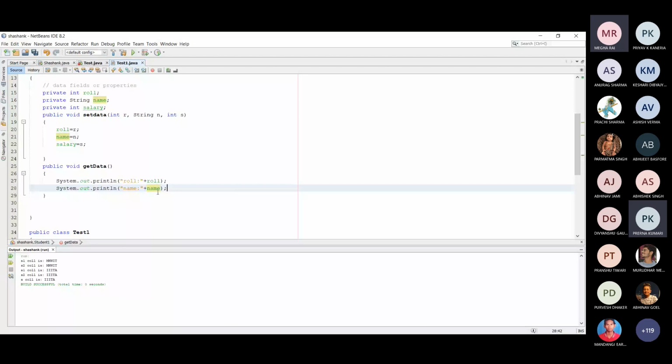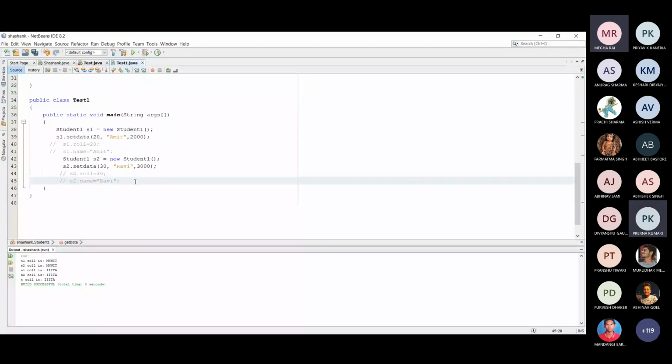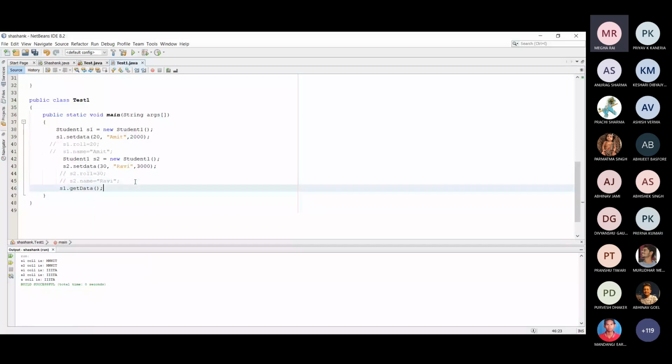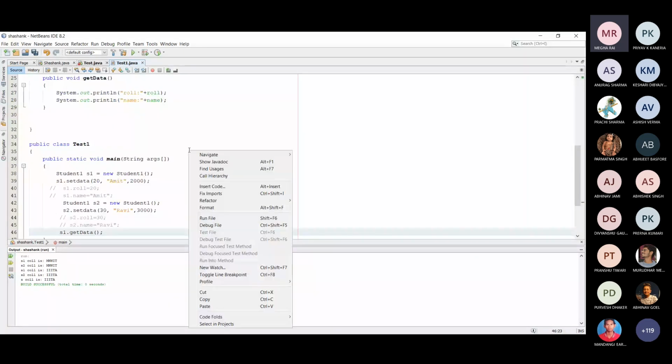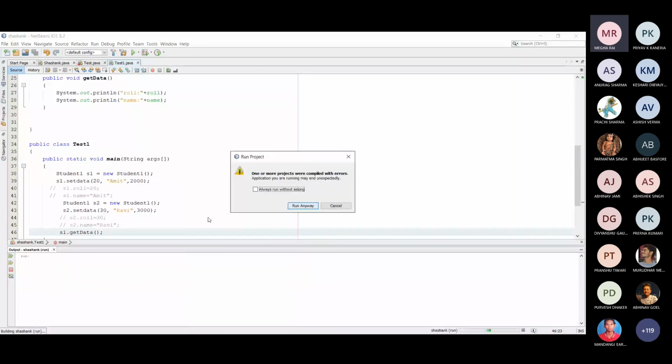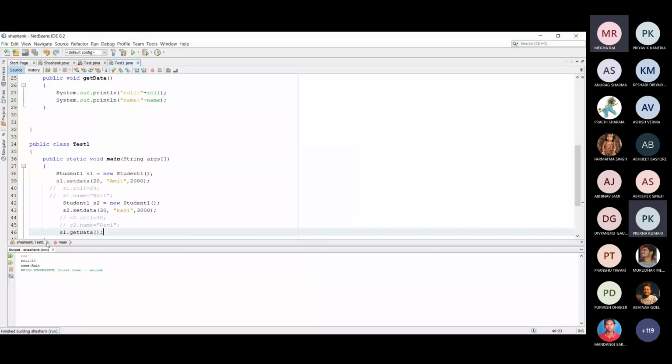So if you call the getData method, if I write s1.getData and run this program, here the roll number 20 and Amit are printed, because s1 is the object, and this object is initialized with 20 as the age and Amit as the name. So 20 and Amit is printed on the screen.